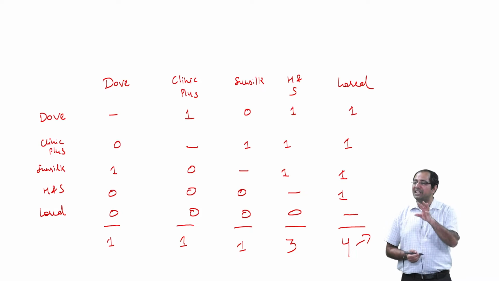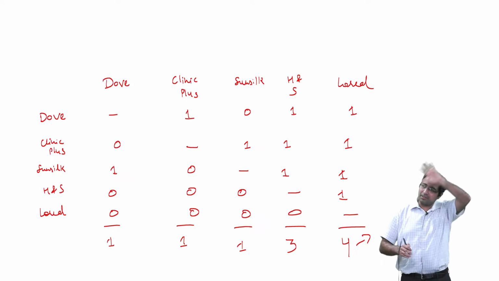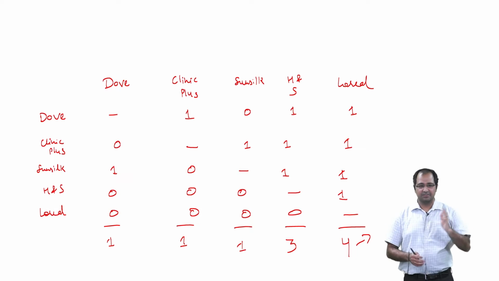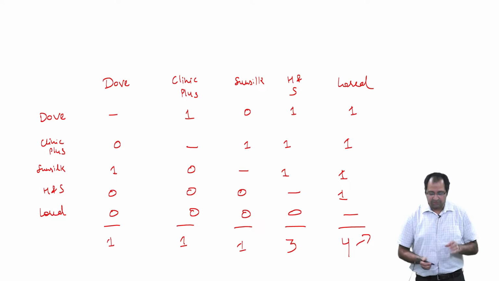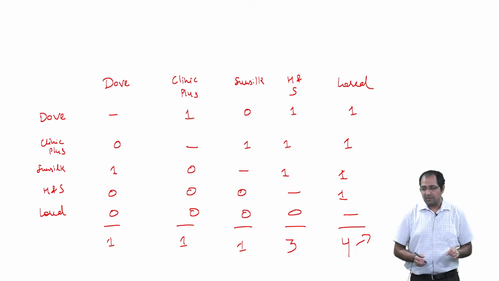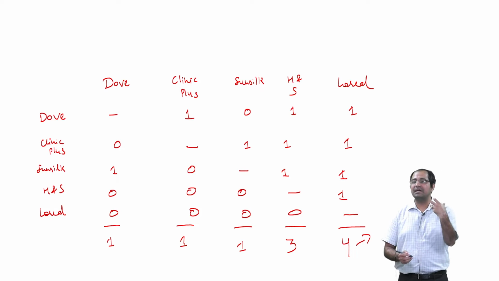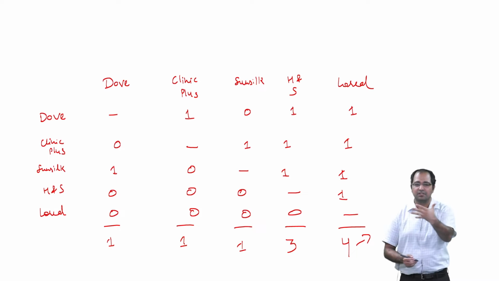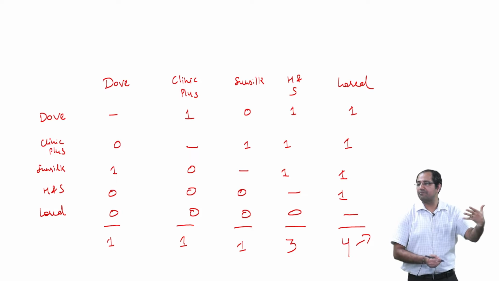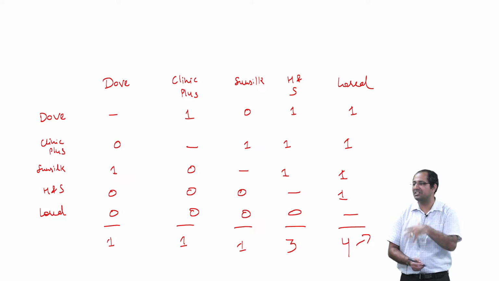Do it for a particular target segment, not for the entire market with everybody else, because then you will get every different kind of responses. So this is how, by comparing two brands, so total 5 brands you wanted to compare, you wanted to know their order of preference, you compared in pairs and got this